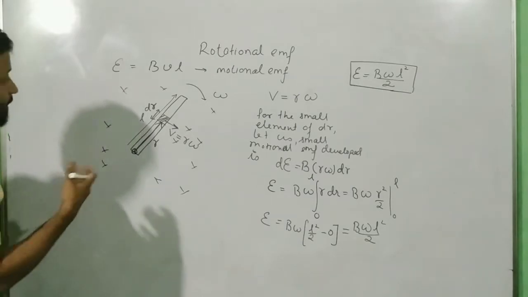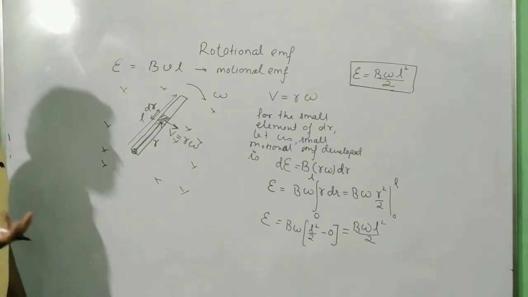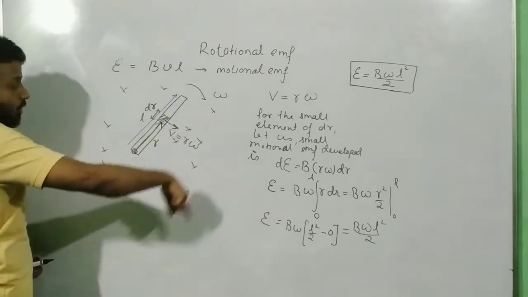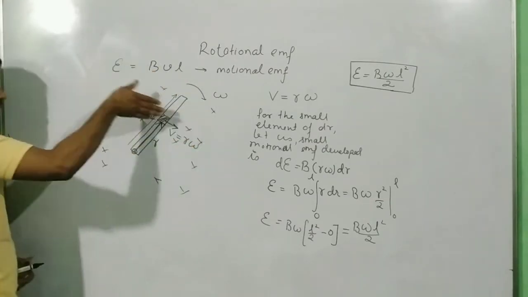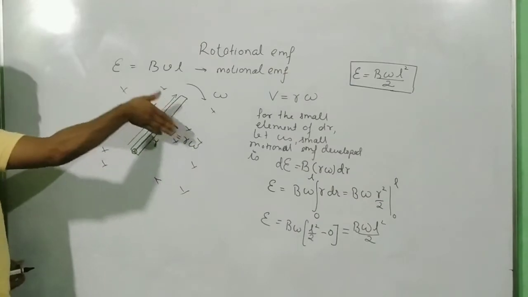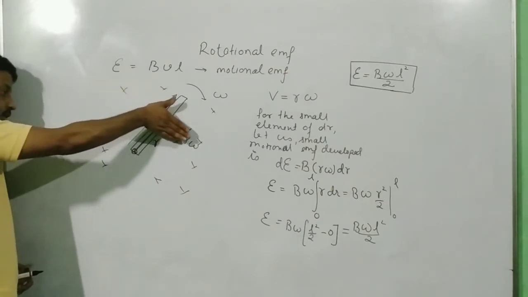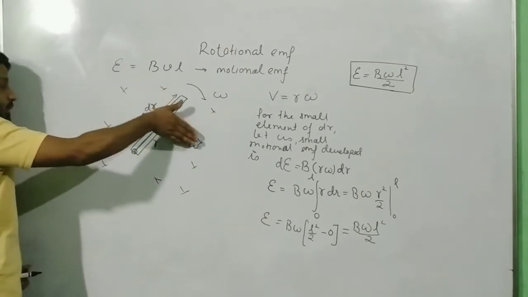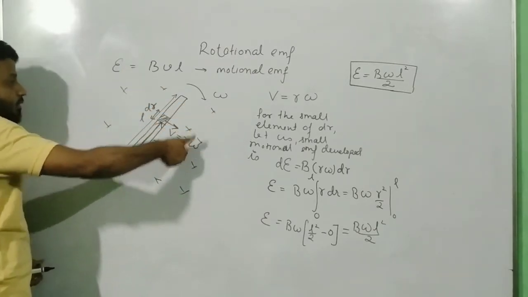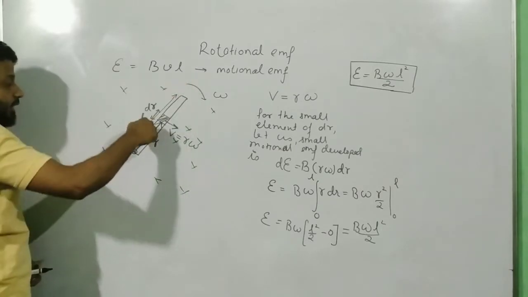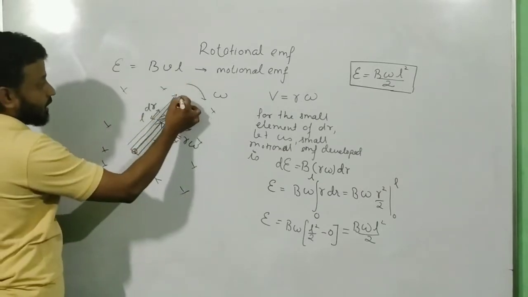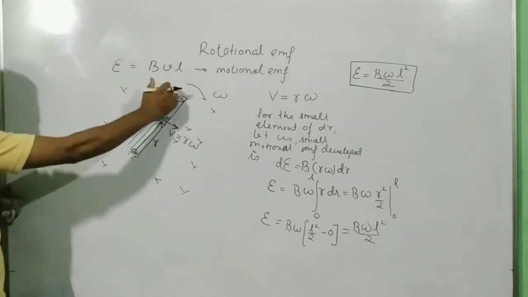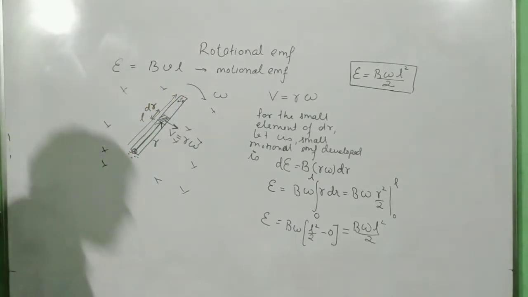Now, which end will have high polarity and which end will have low polarity? We can also find that over here. If it is rotating anti-clockwise and the field is inside the board, then we have v cross B. This is my velocity v cross B, and capital B is going inside. So v cross B, positive will shift up, negative will shift down. So these are all my positive and these are all my negative, high potential, low potential. Fine.